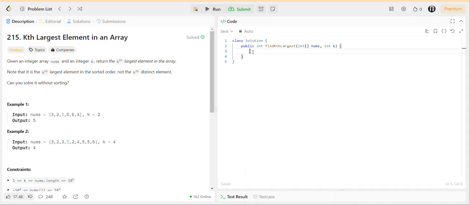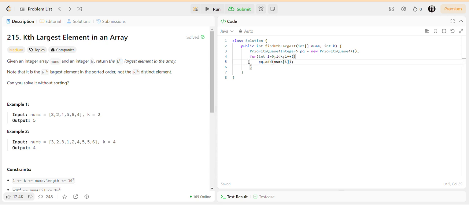As I was saying, we are using a priority queue. I will specify the integer type and create pq equal to new PriorityQueue. Then int i equal to 0, i less than k, i plus plus, and I will add nums of i to my queue.